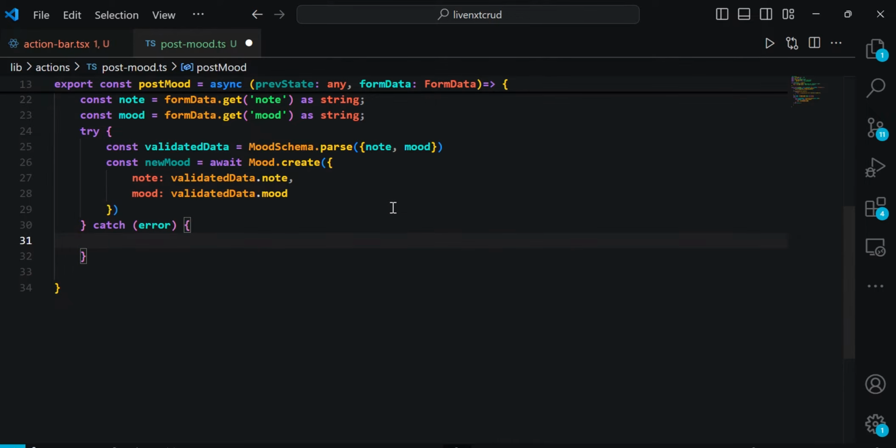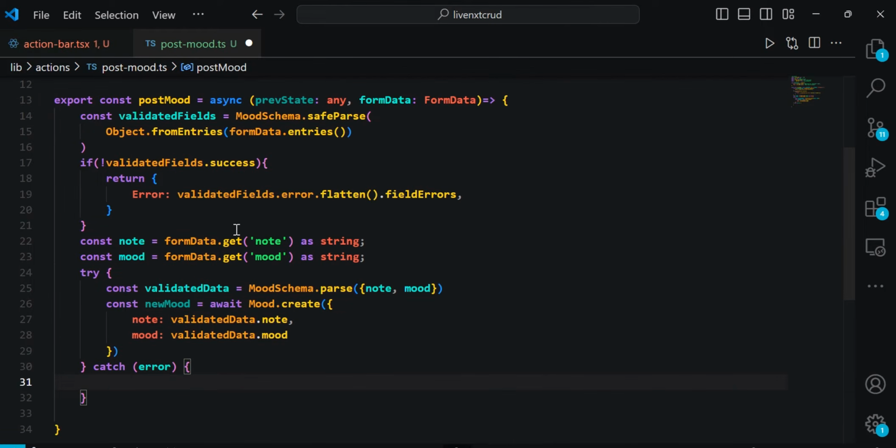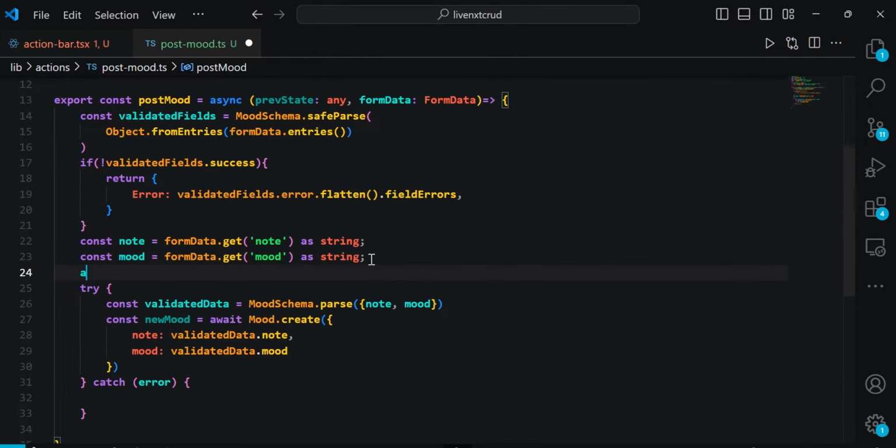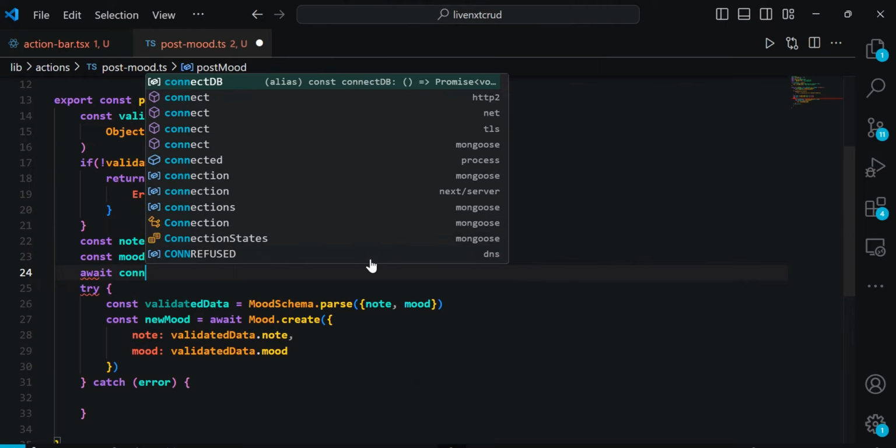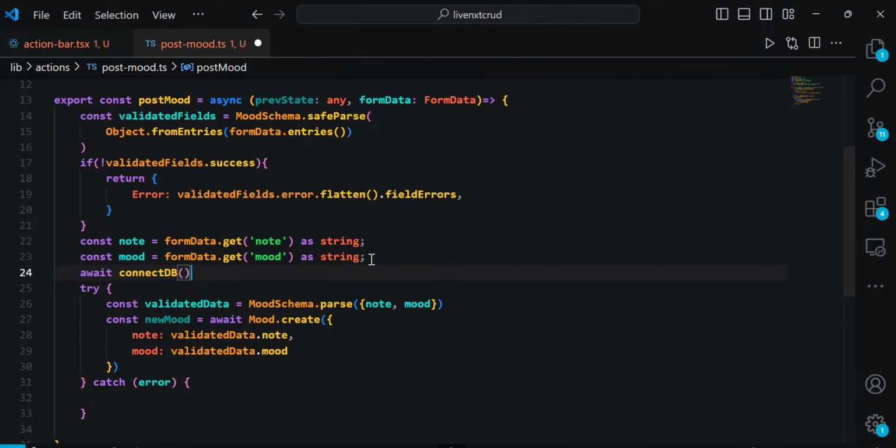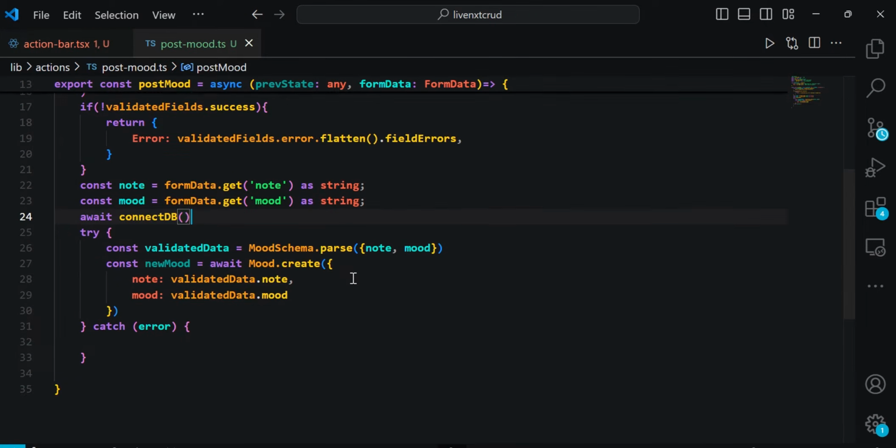And then in the catch portion, that takes care of the try, and I also need to add the connection to the database, so we'll go await connect db, and be sure to call it right after you've grabbed the